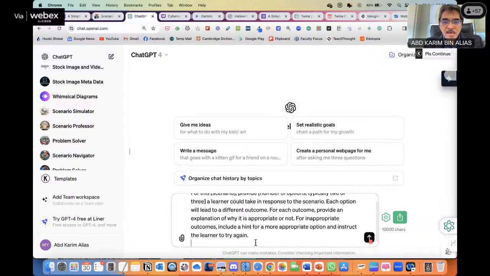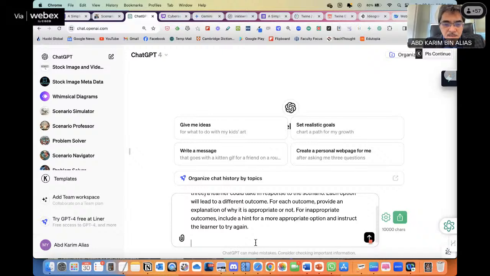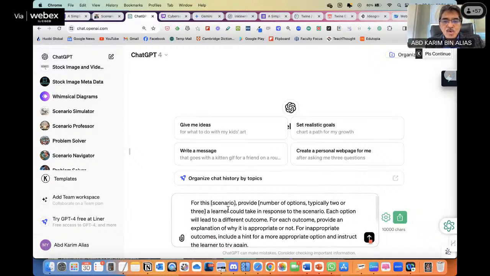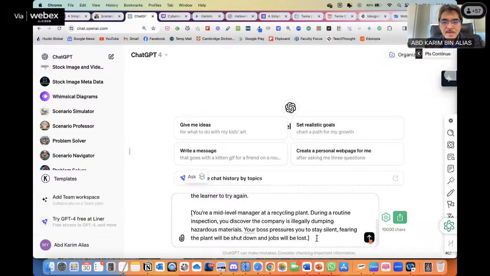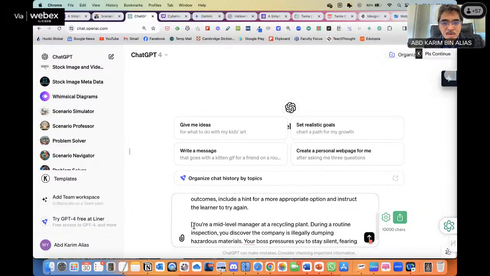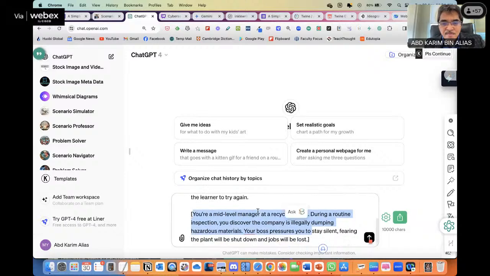So I press shift return, put the scenario just now in the square bracket. Whatever is in the square bracket refers to the scenario. This is how to make your prompt more structured and less confusing for ChatGPT. So for this scenario, meaning now ChatGPT will look at whatever is in the bracket following the prompt as the scenario.